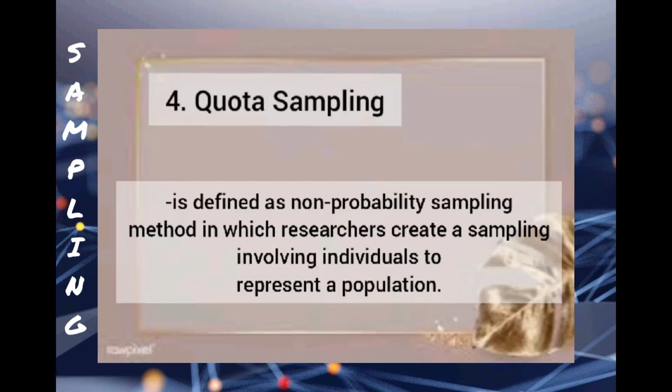Researchers choose these individuals according to specific traits or qualities. They decide and create quotas so that the market research samples can be useful in collecting data. These samples can be generalized to the entire population. The final subset will be decided only according to the interviewers' or researchers' knowledge of the population.